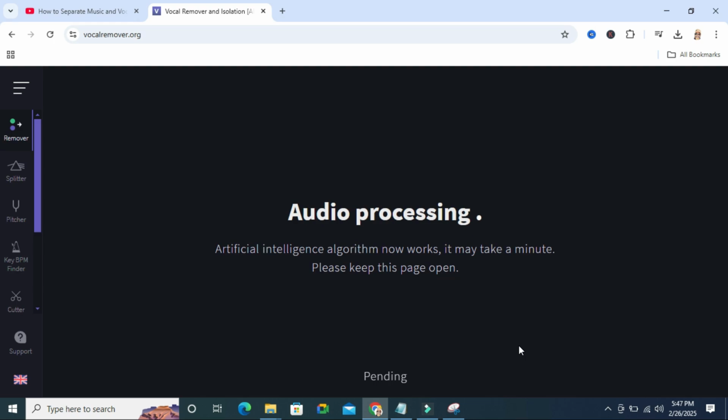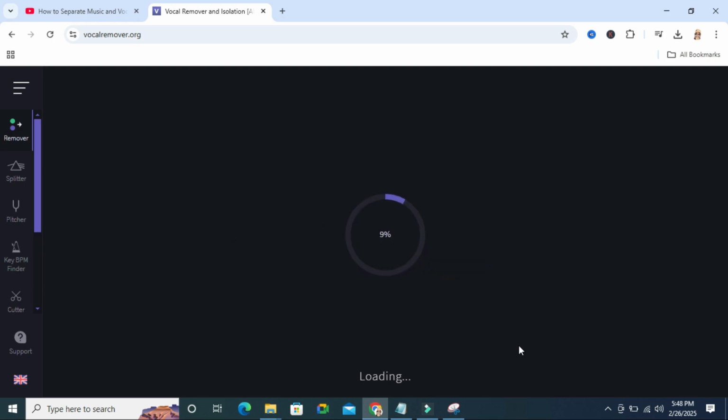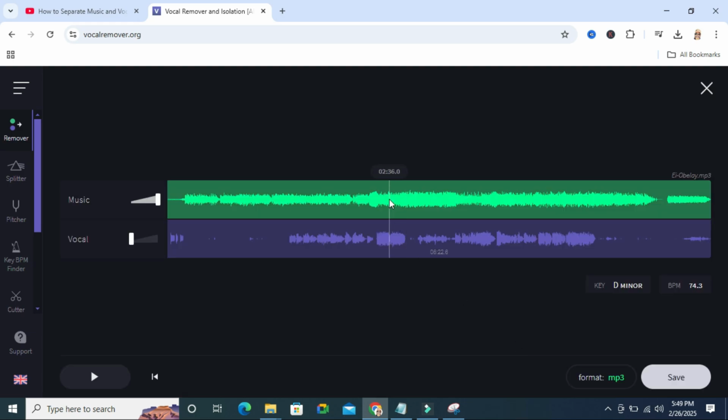The artificial intelligence algorithm now works to separate the music and vocals, and now it's loading the music and vocals separately. And look here, music and vocals are separated. Now I am going to play the music. Look,